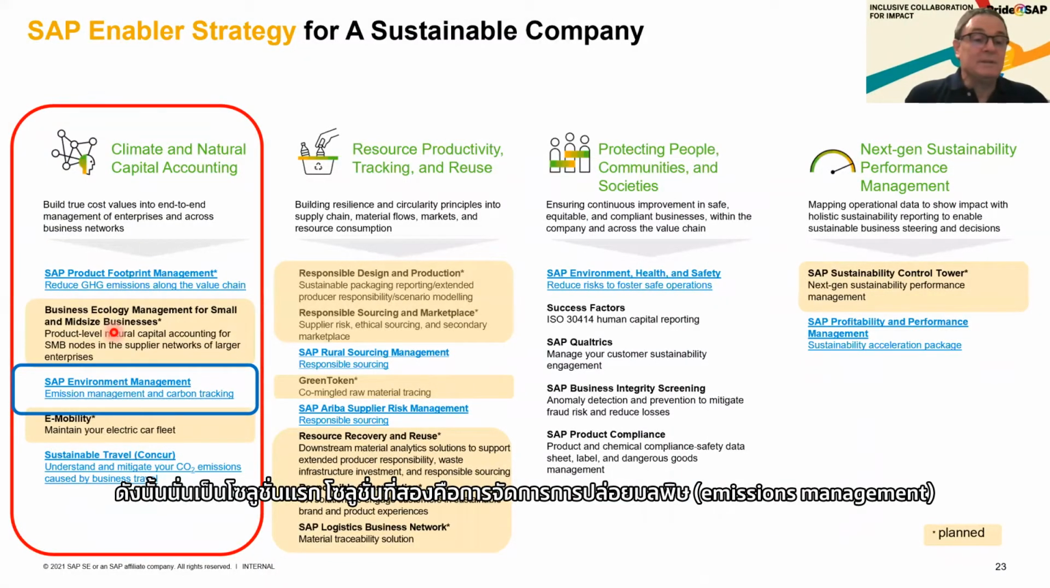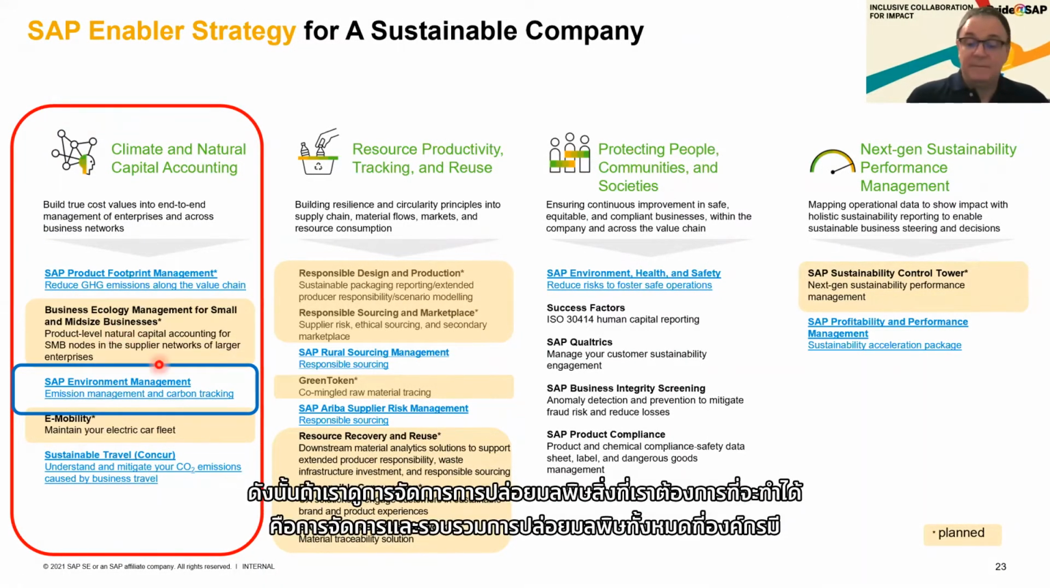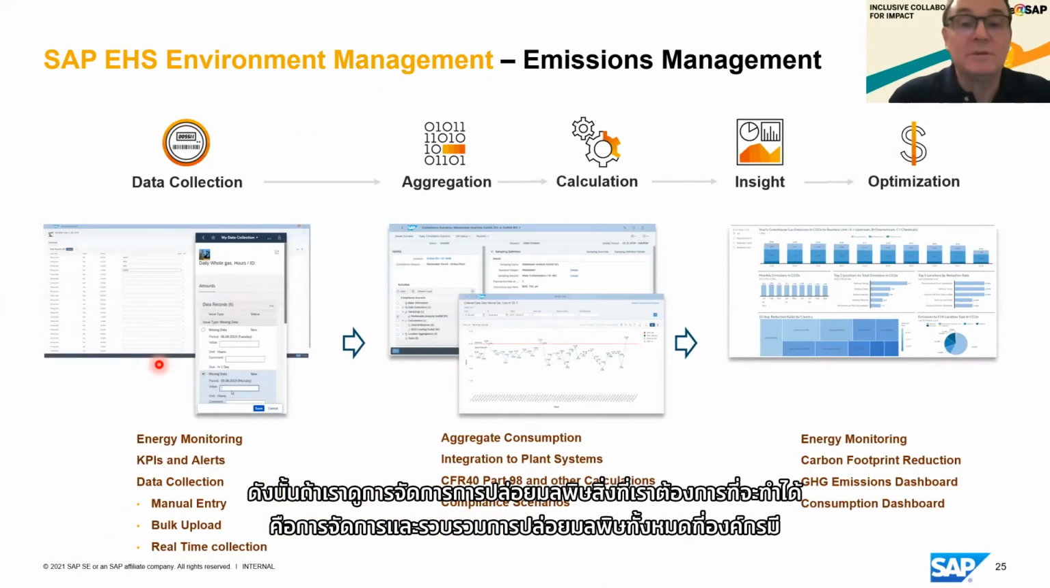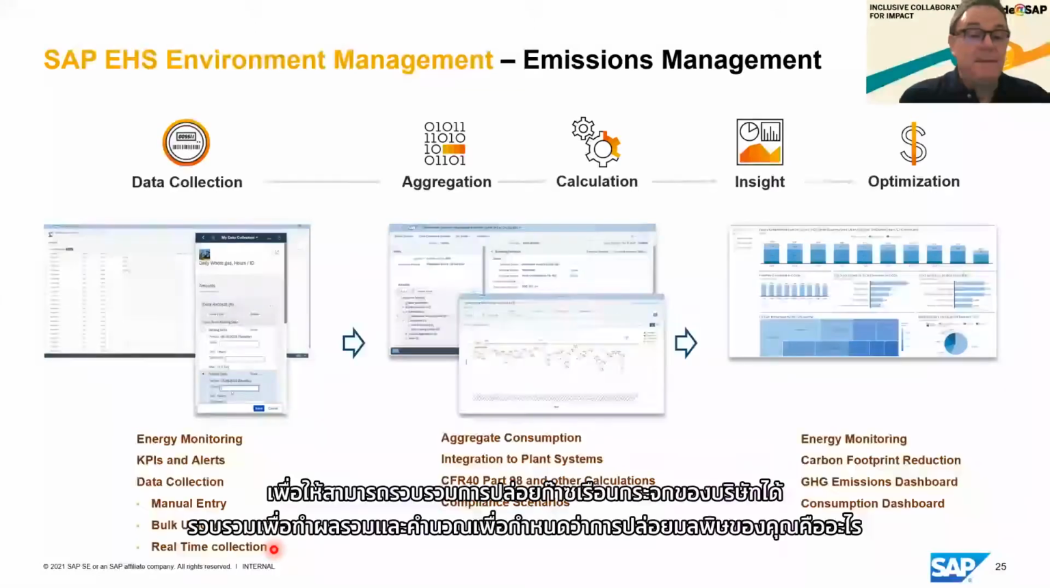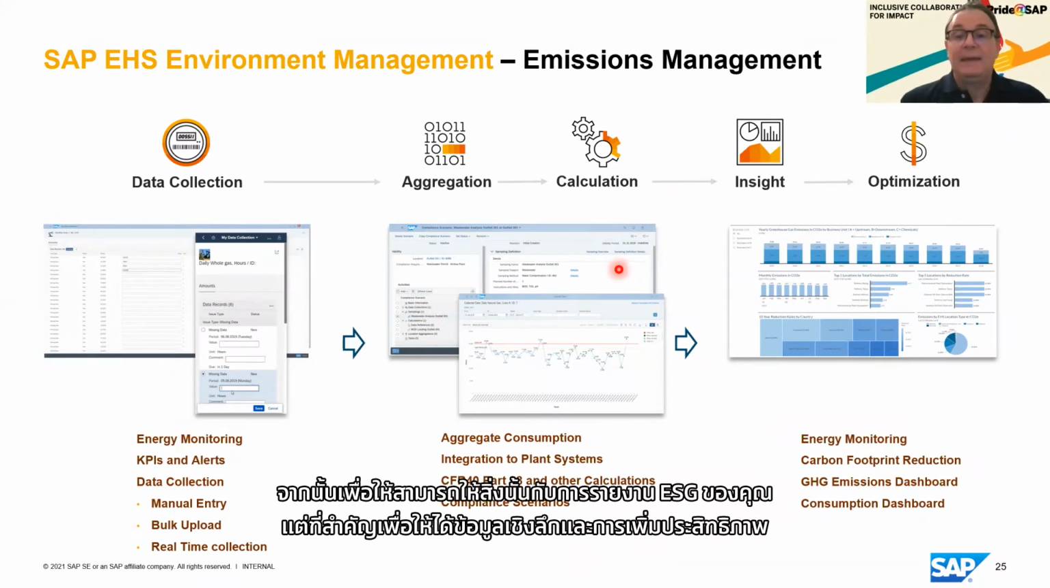The second product is emissions management. So if we look here, this is emissions management. What we want to be able to do is to manage and collect all the emissions that an organization has. And this is either from manual entry, bulk upload from external systems, or real-time collection from building management systems, from production systems, to be able to collect what a company's emissions are, to then aggregate it and calculate it to determine what your emissions are, and then to be able to provide that to your ESG reporting,